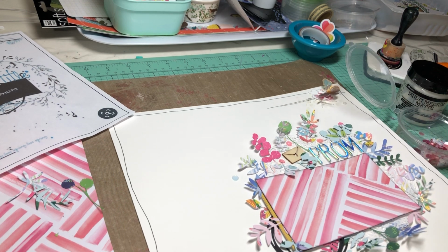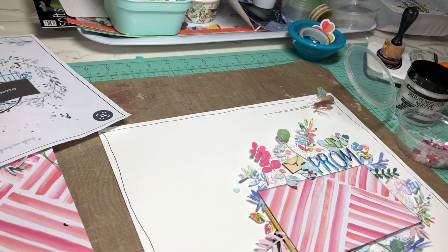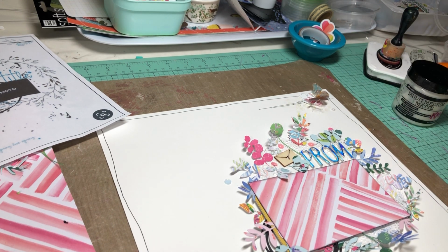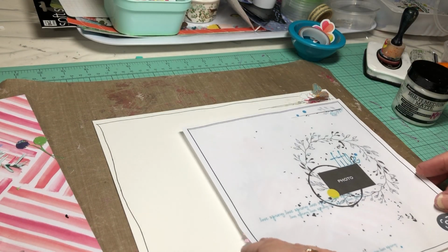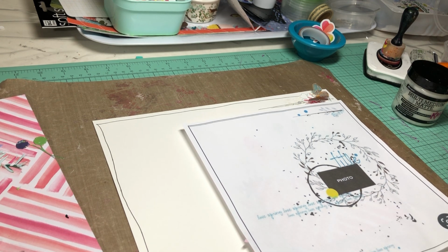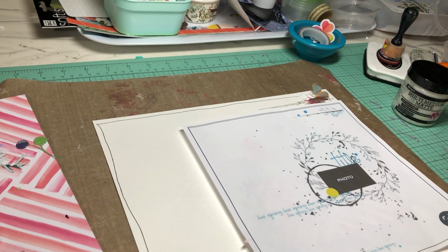So I kind of feel I like this black and I like the black lines. So I'm thinking maybe I will do some ink spraying, ink spritzing, but I really want to be sure to cover the flowers as well as the, let's see what I can cover that with. Maybe this. That works. Okay. I'll get the black ink, and if I can find it, I should have a black shimmer spray. Let me cover the